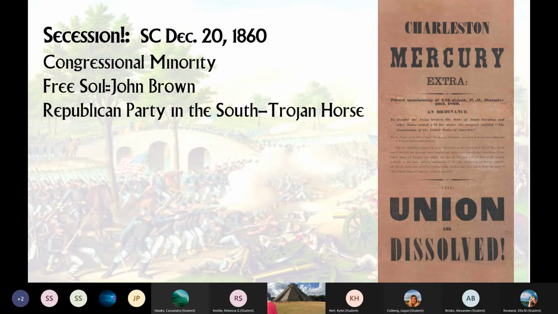But what Lincoln could do was appoint government officials. Remember the spoils system with Andrew Jackson? They could appoint all these government jobs and give them to Republicans, or give them to people willing to become Republicans in the South, creating a cadre of free soil Republicans within the South to undermine their system. As they saw it, they could trigger a series of events like political defeats, beginnings of curtailing slave codes, or of course even slave rebellion. This Trojan horse, they could create a Republican Party.